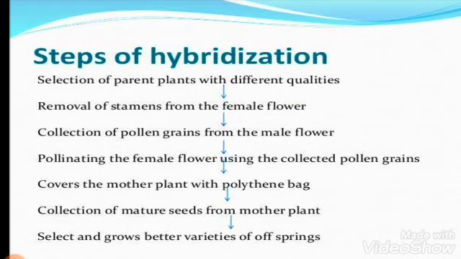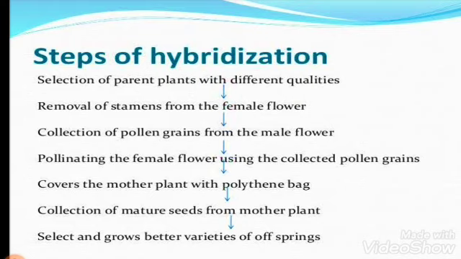Then the seeds produced after artificial pollination give rise to a new hybrid variety, which is generally better than the parent plants. The hybrids obtained are high yielding, of better quality, and disease resistant. So these are the steps involved in the process of